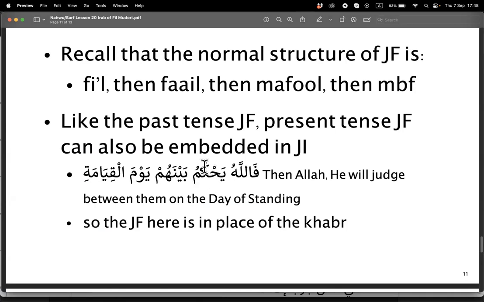So what kind of word is this, fi'il or ism? Fi'il. What kind of fi'il? Fi'il mudari'. Good. So we are switching. What do we usually say here when we switch? After mubtada, we say